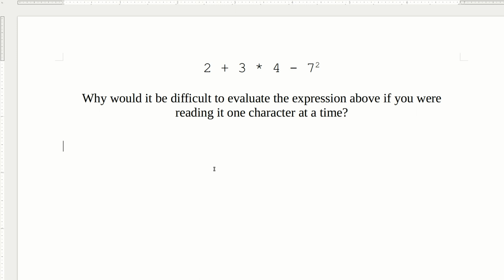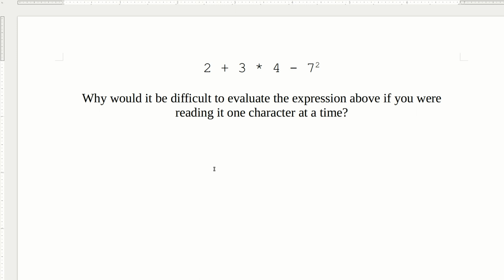The mathematical expression shown here, 2 plus 3 times 4 minus 7 squared, is not a particularly difficult one as mathematical expressions go, but I'm sure that each of us in our history of learning how to evaluate mathematical expressions have made errors on expressions just like this one. And I want us to take a moment to